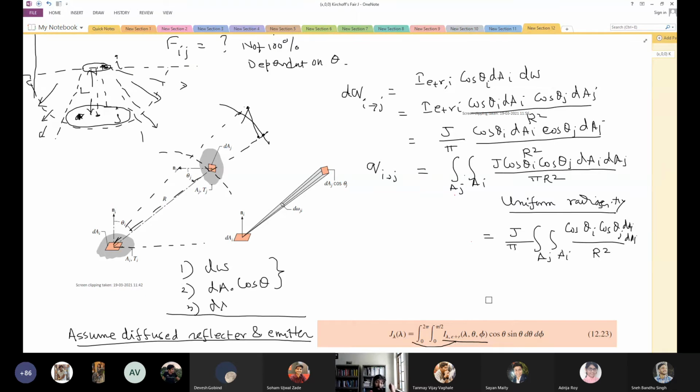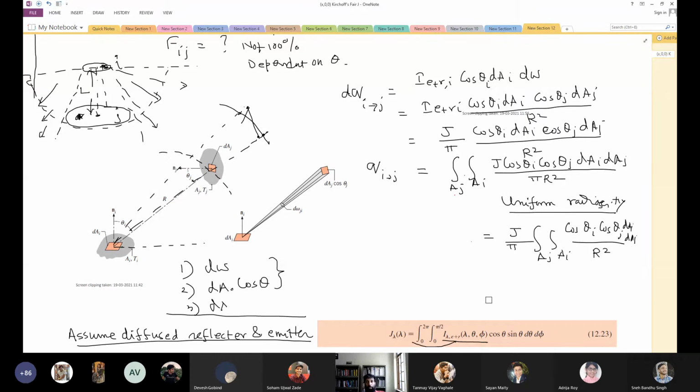Okay. So just read all these steps, 1, 2, 3, 4, 5, 6 steps. So we get this Qij, that is the amount of radiation that leaves from i and reaches j. You may have some confusion regarding lambda. Just imagine that there is no lambda dependence and the radiation that we are talking about is entirely of a given lambda. So no spectral distribution, then there is no d lambda anywhere. So the view factor will be the same whether there is a lambda distribution or not. View factor will not have anything to do with that because it's a geometric quantity. So I think that will ease the problem of thinking in terms of lambda.